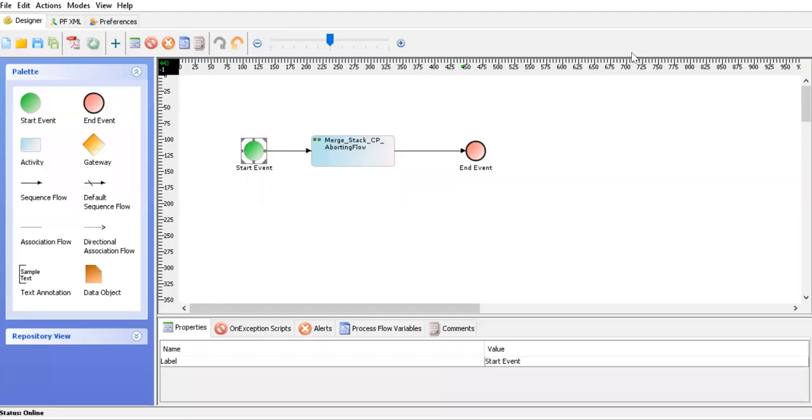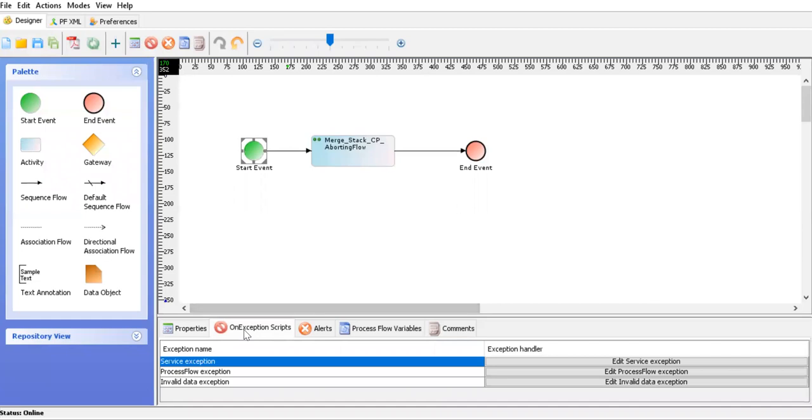In today's session, I'm going to talk about the exception handling in Adaptia. So as I said, exception handling, there is no specific activity in Adaptia which we can use and handle at activity level or global level. So whenever there is an exception, it goes directly to an exception script. And here we need to handle it, okay?